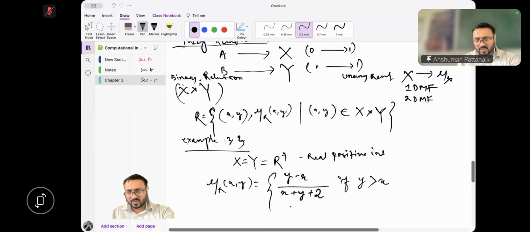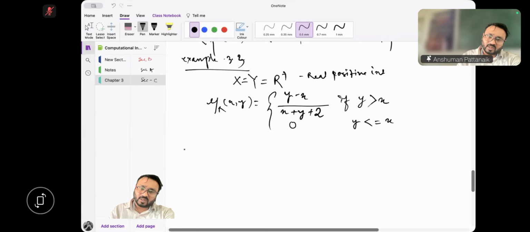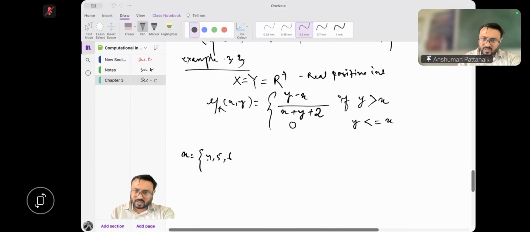Otherwise, it is 0, if y is less than or equal to x. If this is the membership equation, calculate it for the x values of the set 3, 4, 5,